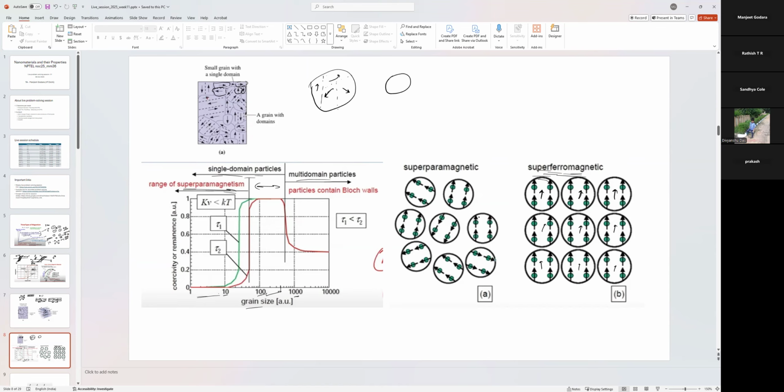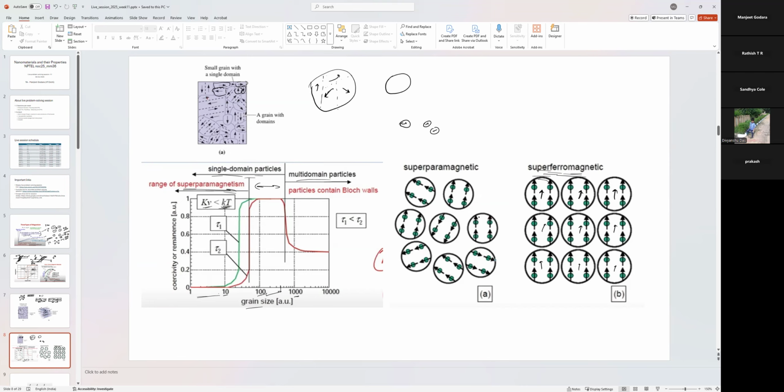In the superparamagnetism zone, what is happening is your grain is now very small. So your thermal energy, kT, due to the thermal vibration itself, is more than the magnetic interaction energy between the particles. Now the thermal motion can break this magnetic interaction between them, and these domains or grains are pointing